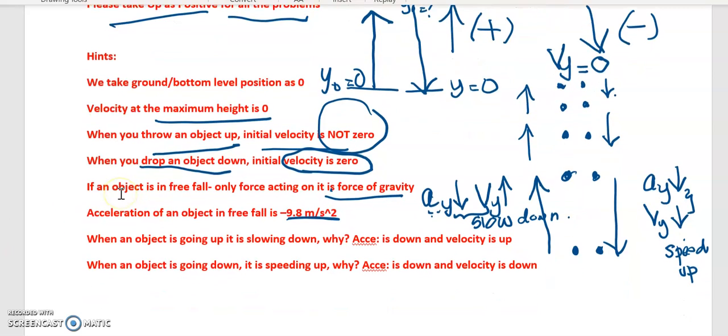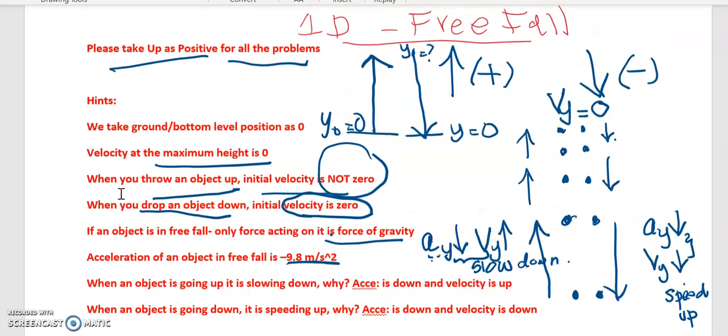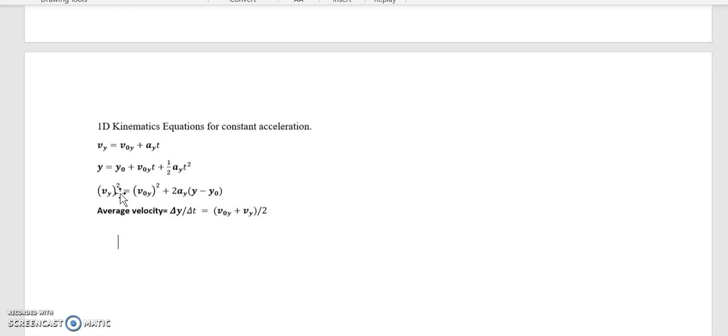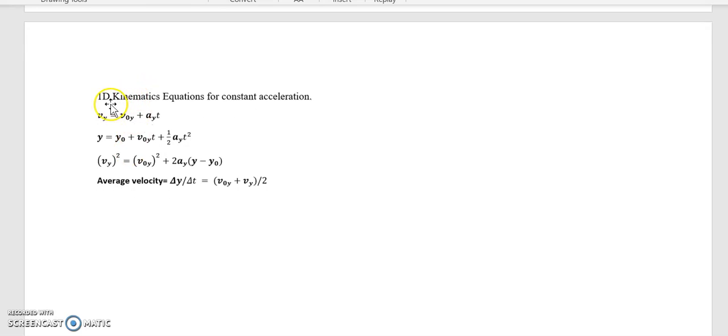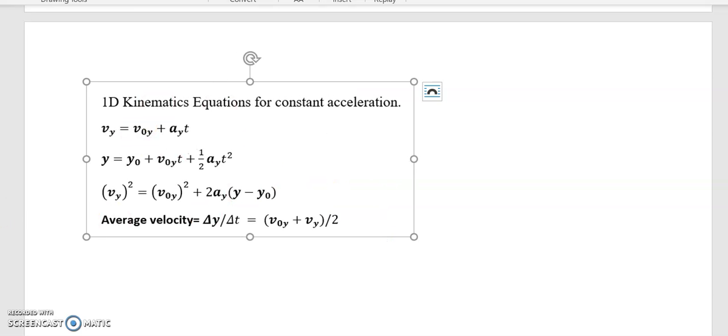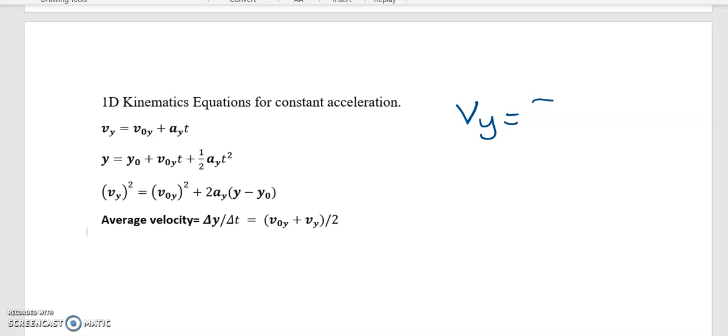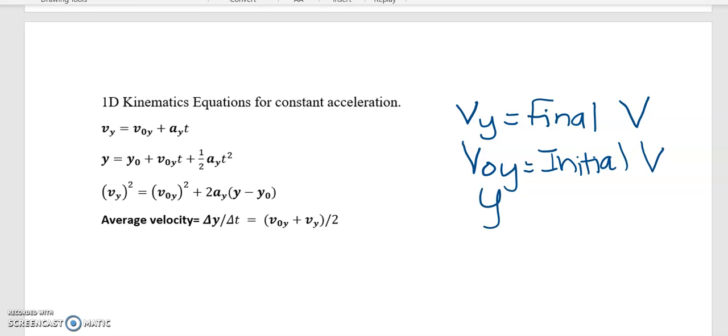Alrighty, so with this in mind, these hints are very important, guys. Let's go to the kinematic equations. So these equations you have already used, but in x direction. Now the only thing I have done is I have replaced x using a y. Okay, so Vy is the final velocity, V naught y is the initial velocity,